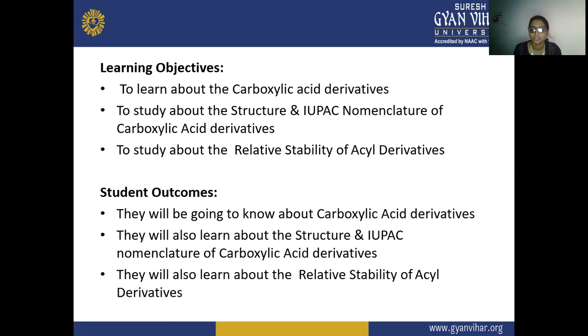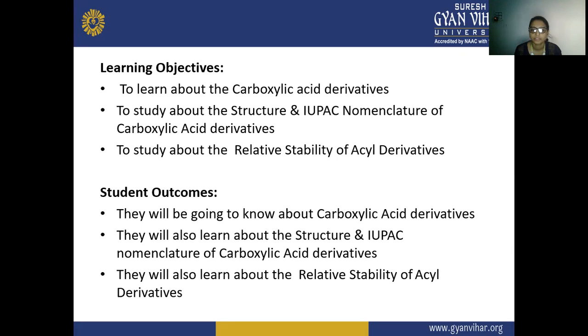In this, the learning objective is that we are going to discuss the carboxylic acid derivatives, and also study the structures and the IUPAC nomenclature of carboxylic acid derivatives. Here we are going to study the relative stability of acyl derivatives. So this is today's topic. The student outcome is that they are going to know